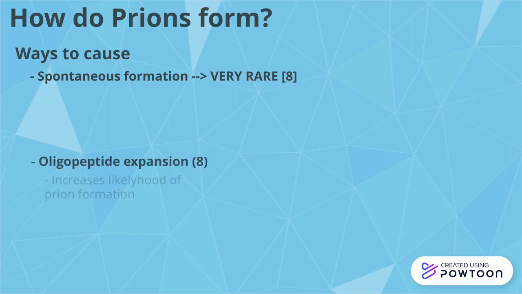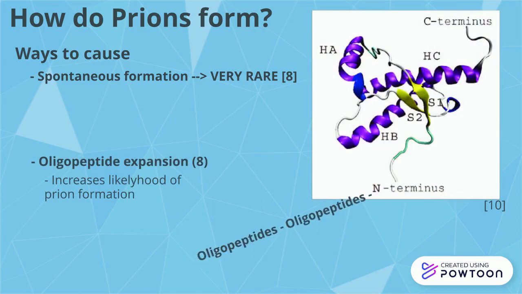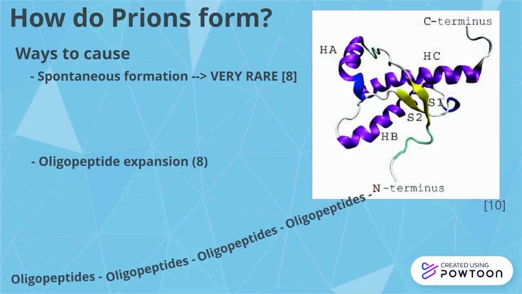The repeated expansion of oligopeptides in the N-terminal of the prion is one of them. This is because they can help the prion to be more ordered, which allows it to come back to its alternative stable conformation. From previous in vitro studies, it has been found that these prions created oligomers that were capable of aggregation with other oligomers of the same type, thus leading to the next round of prion formation.